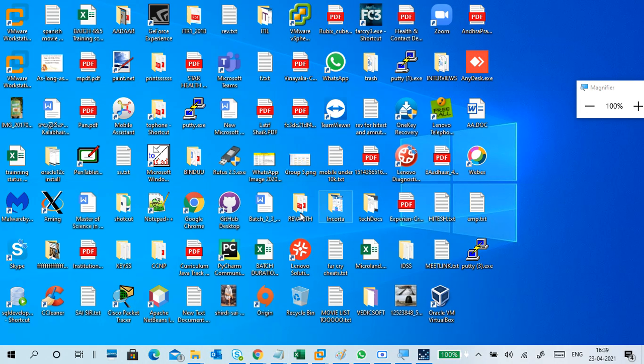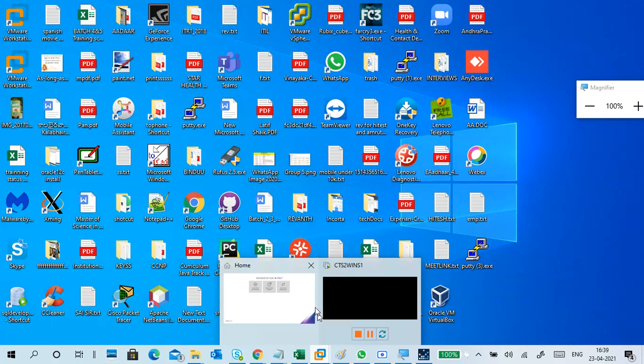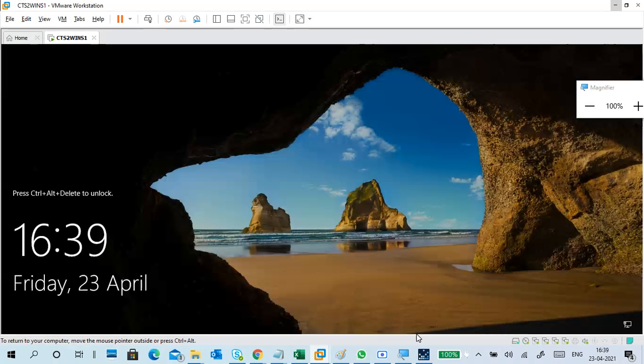Very simple to tell. The first type of desktop virtualization. This is my desktop, my physical machine, my personal machine. I want to work with an operating system, but I can't offer another desktop. So what I do is I go to an application called VMware Workstation, or VirtualBox, or maybe Hyper-V.